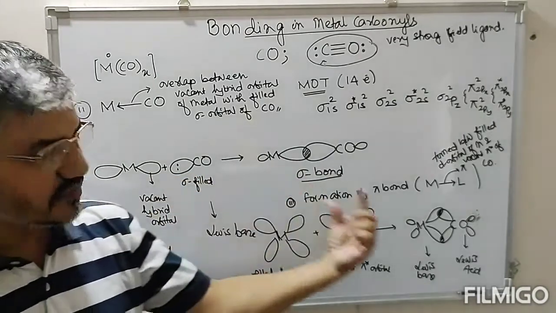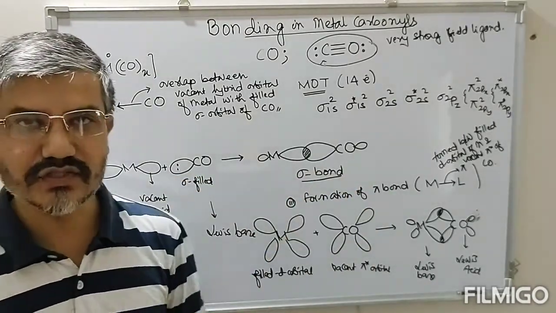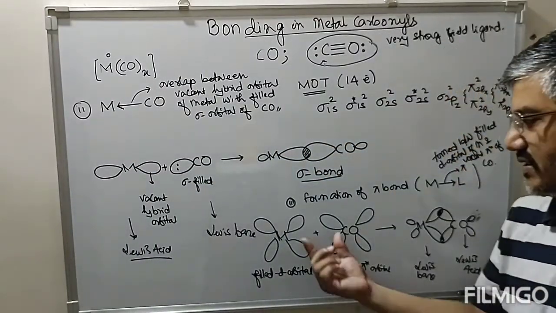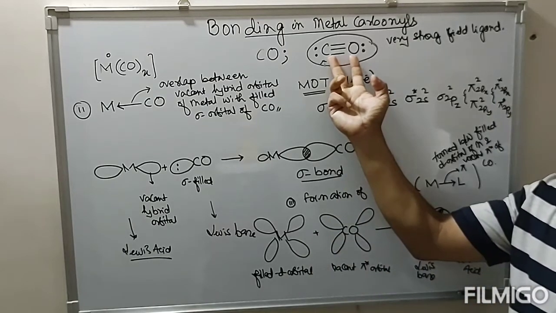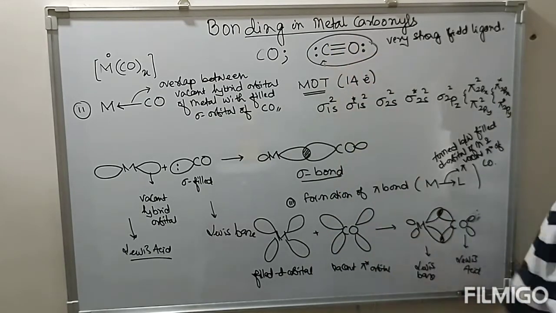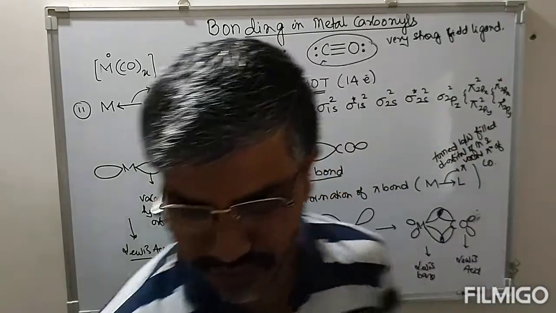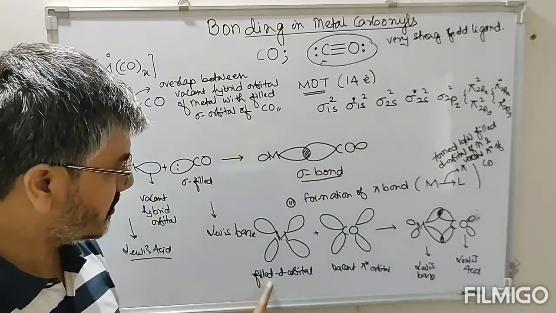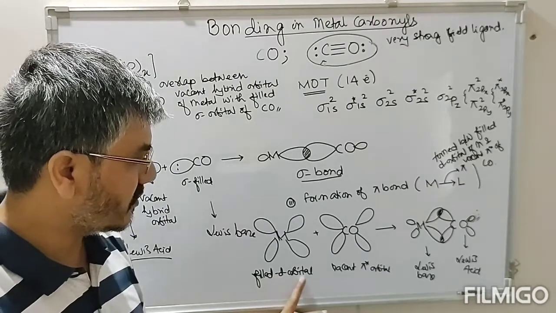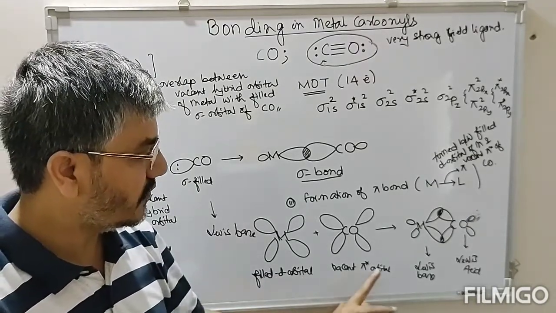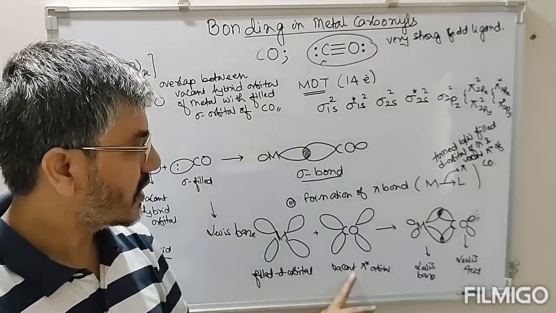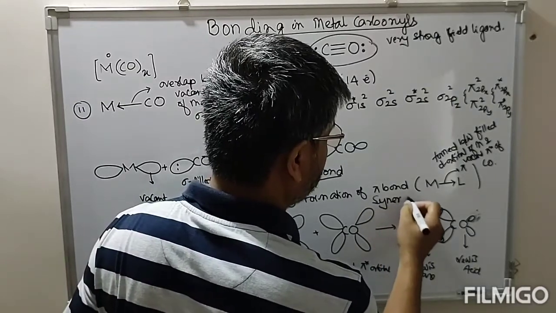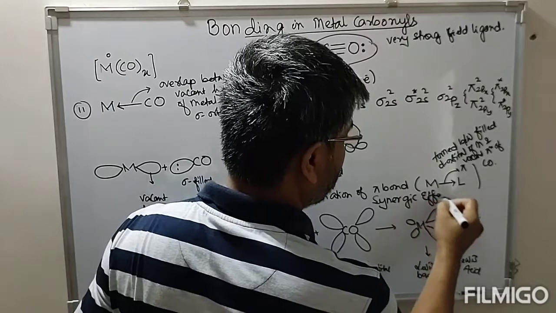And the second thing, due to the formation of this pi bond, the bond order between metal and carbon also increases. As the bond order increases, the stability of the complex also increases. Due to this increase in bond order, the bond order between carbon and oxygen, which was supposed to be a pure triple bond, is now less than a triple bond. So combining these two, this formation of a pi bond due to back donation of electron density from the filled d orbital of the metal to the vacant pi star orbital of carbon monoxide is known as the synergic effect. So keep in mind, this is the synergic effect.